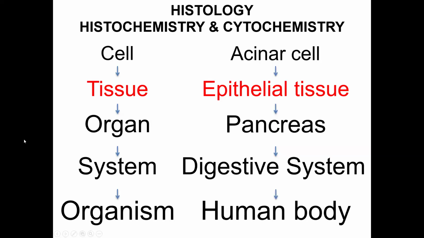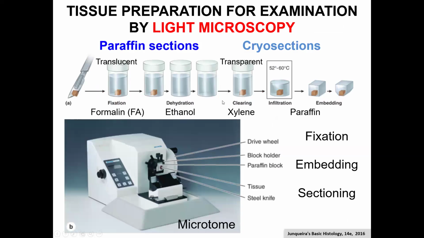And that essentially means that the tissue needs to be hardened, embedded in something that is hard, so that it is cut in very thin sections. Because the microscope, in order to provide the information about the individual cells, needs to look at a very thin section from the tissue. And this is an important slide that illustrates the steps that one needs to do from collecting the piece of tissue till